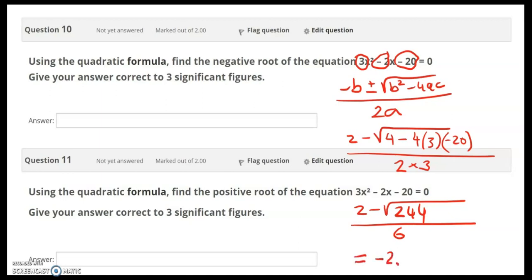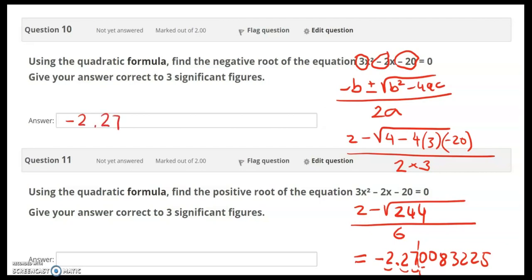minus 2.2700832225. Now we've got to write the answer correct to 3 significant figures. So this is the first figure, second, third. So we'll stop here. This 0 tells us that we've got to round down. So we'll keep this as minus